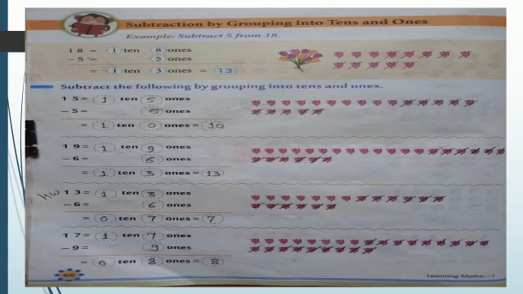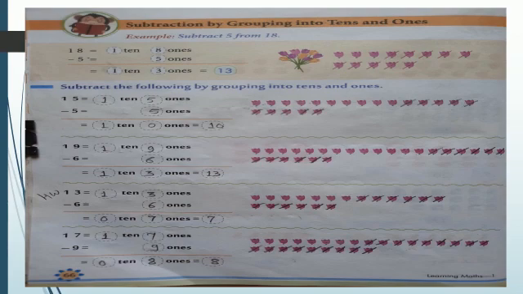Here the first number is 18. Yes, and we have to regroup the number 18 as 1 ten and 8 ones. Yes, so write down 1 before tens and 8 before ones. Now, what is our second number? It is 5. It is again single digit number, so we have to write it as 5 ones. Yes, now what we have to do? Here we have to subtract 18 minus 5, means here we have to subtract 5 from 18.